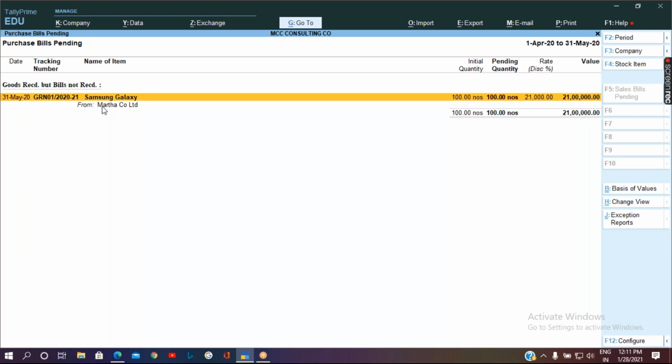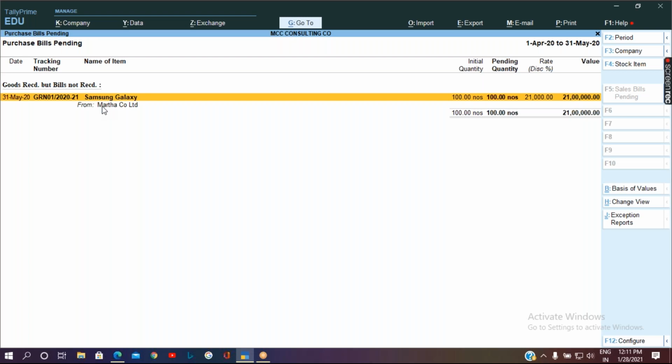that you have passed the receipt note entry by using a tracking number, but you didn't clear that entry without passing the purchase invoice. How can we remove this? By passing the purchase invoice entry. So now let's assume that we are not going to receive the purchase invoice because we are going to return the goods before the purchase invoice.